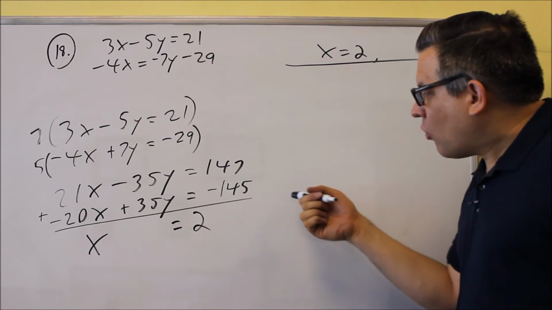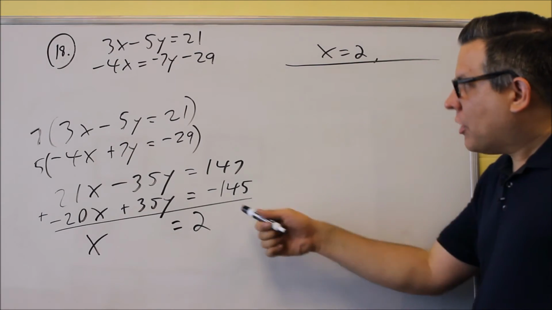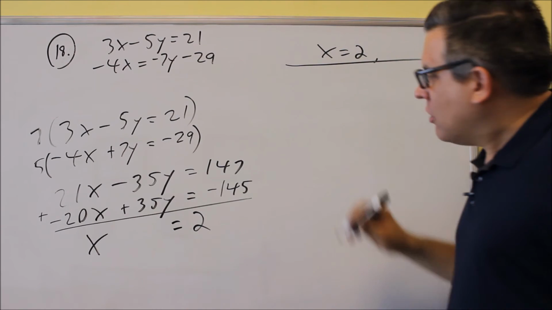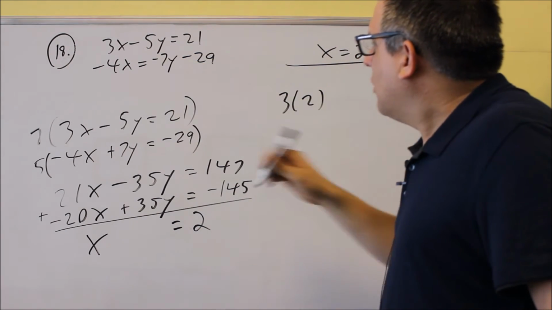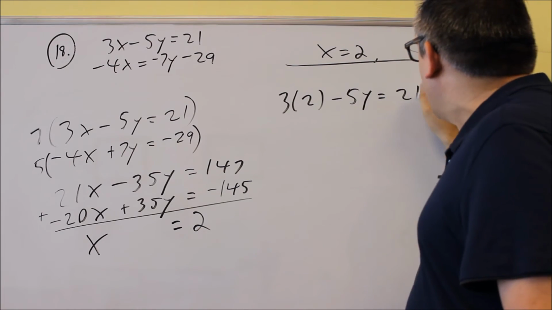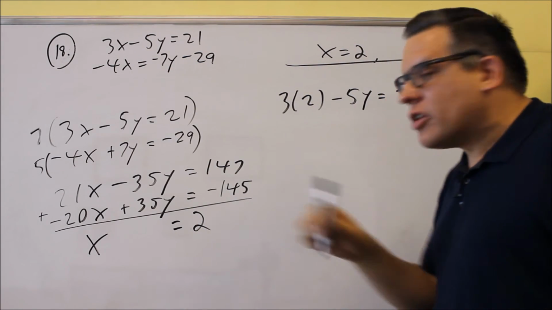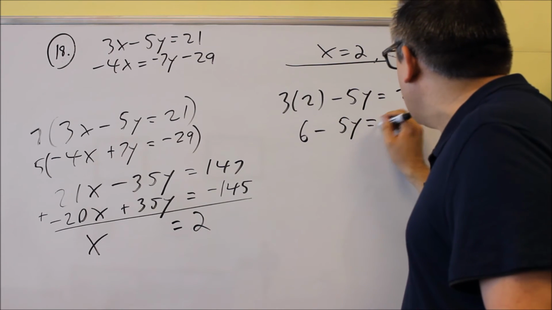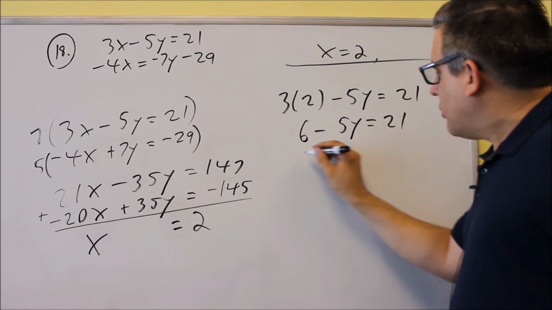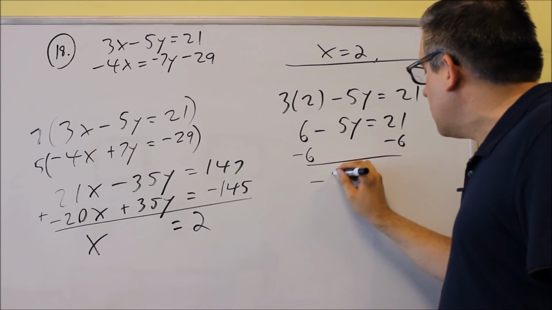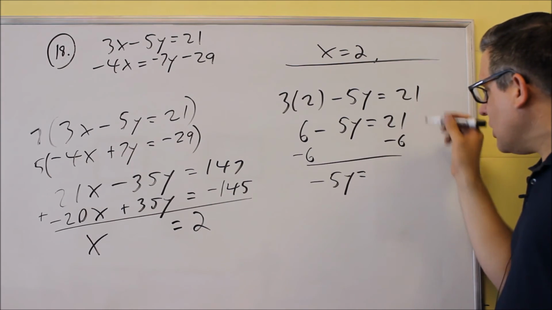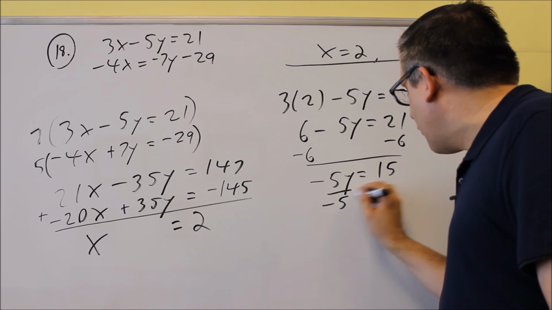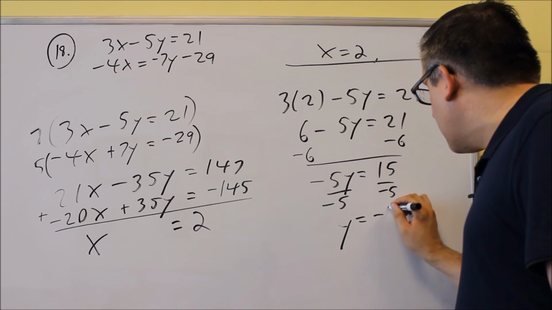Now I've got to find the y value. You find the y value by putting it back into either one of those two equations, it doesn't matter. I'll just use the first one. So I'm going to do 3 times 2 minus 5y equals 21. Again, I'm replacing the x with 2 because that's the answer I found. I want to solve for y now. 6 minus 5y equals 21. I'm going to subtract 6 from both sides, and when I do, I get negative 5y equals 15. The last thing I'm going to do is divide both sides by negative 5,